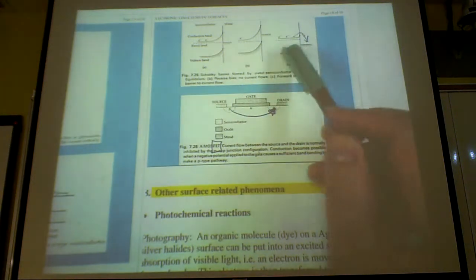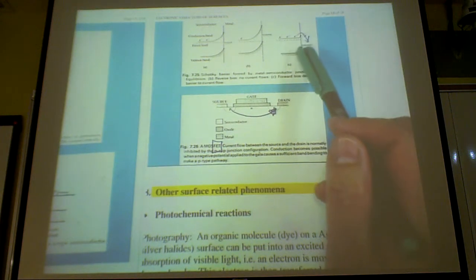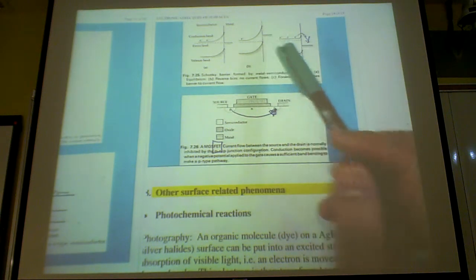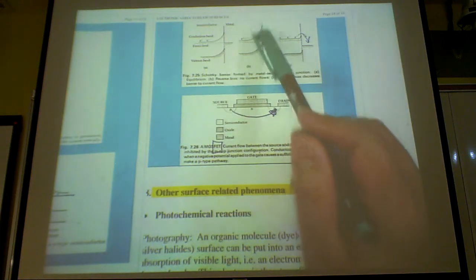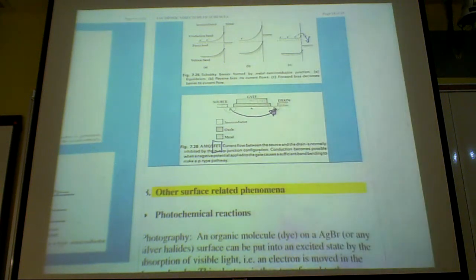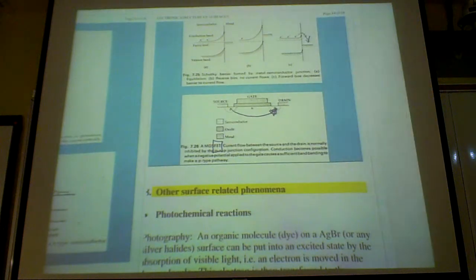This is known as forward bias, which decreases the barrier height and allows current to go, and reverse bias, which raises the barrier height, so you stop current. So here again, you have a way to create a switch, and once again, digital electronics. And the last bit of application is also related